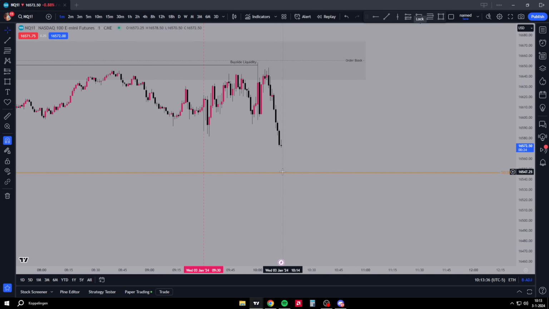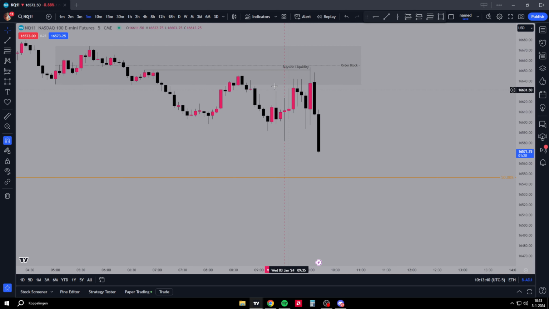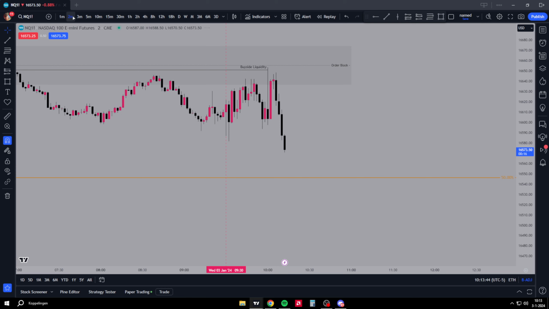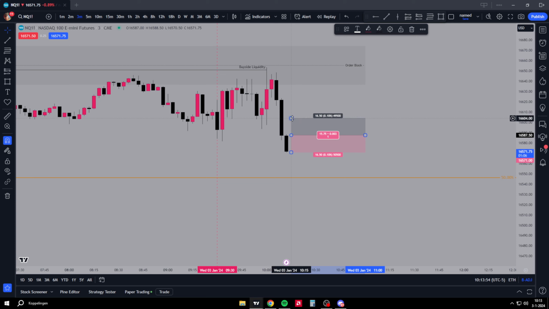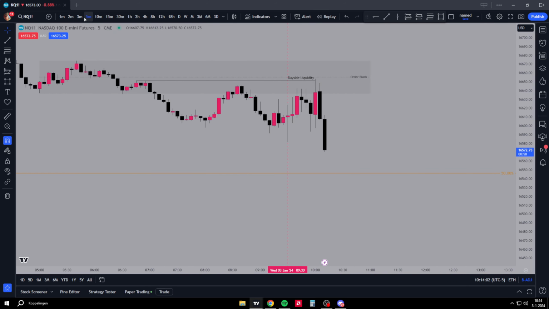And I want to see us even go lower to equilibrium. But yeah, there's no setup for me. Didn't really see a setup. Just this, but look where we closed. Yeah, you could have it right there. Like, you could enter there at this stop. Nice risk reward. But yeah, I want to see us go lower to equilibrium.